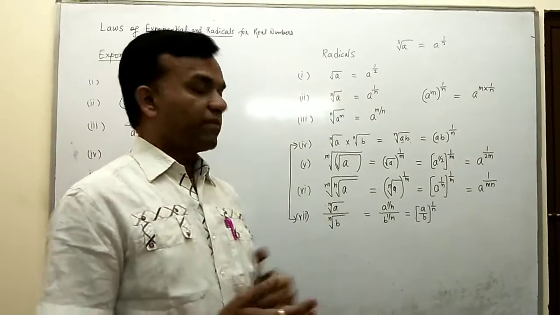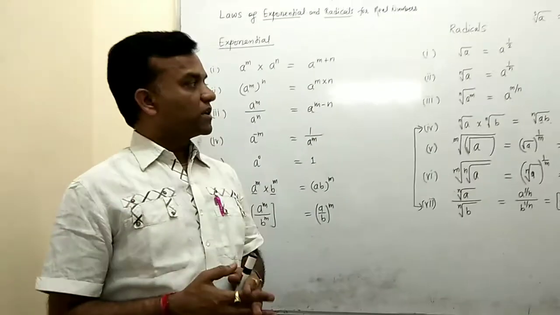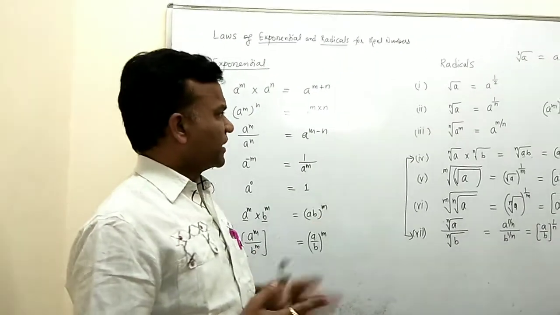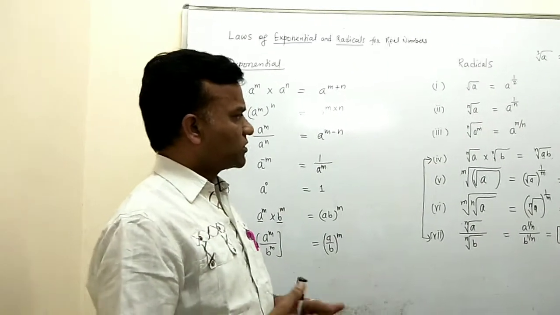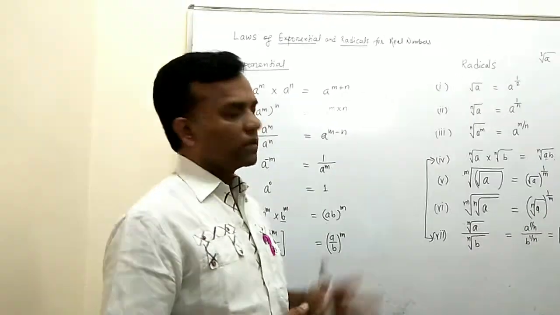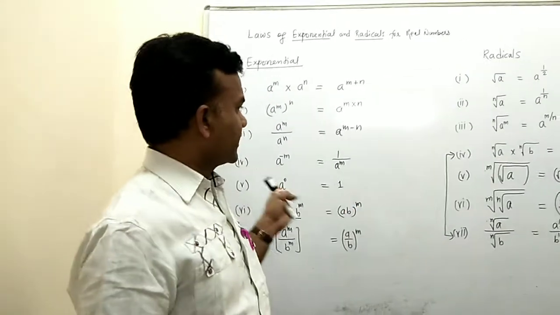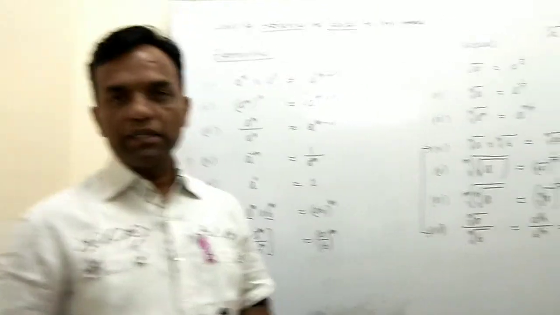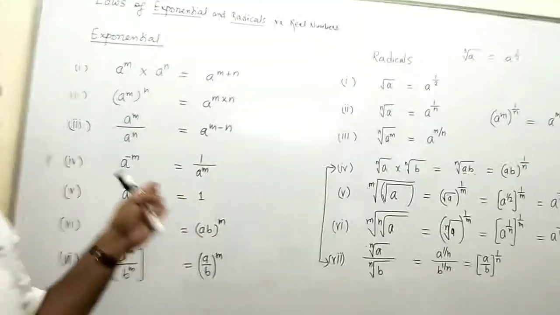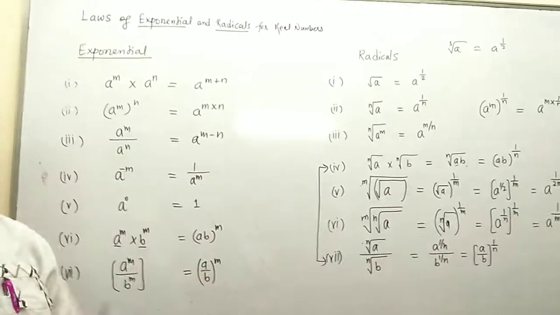So these are the 7 radicals rules, and we also explained the 7 exponential rules, because these are very easy, since in previous classes we studied them and I think most of the students know about the exponential law and about radicals. So now we have some examples related to exponentials and then radicals, and then our next topic is visualize. So first here we illustrate some questions especially for exponential and radicals.